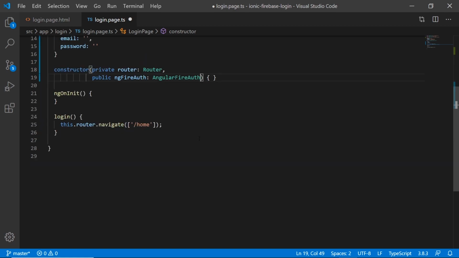Next, we are going to work on our login and registration functions. We need to keep in mind that now that we're using Angular Fire Authentication, it is connecting to a remote server over the internet. So that means that it's an asynchronous operation. So we need to keep this in mind when we're creating our functions. In login here, we need to make sure that this is async. And now we can begin coding. So we're going to say